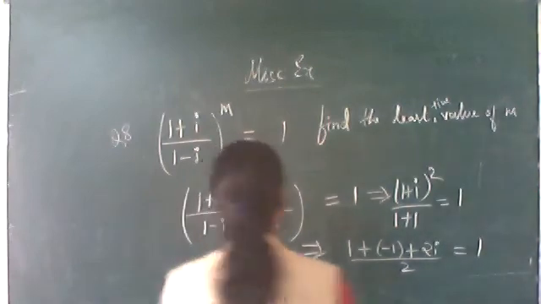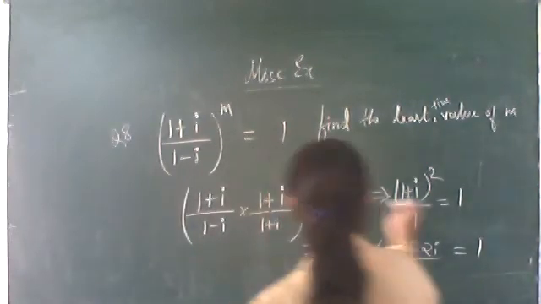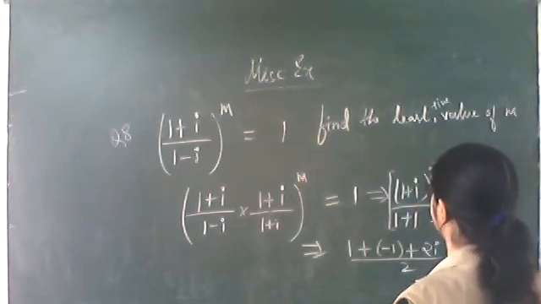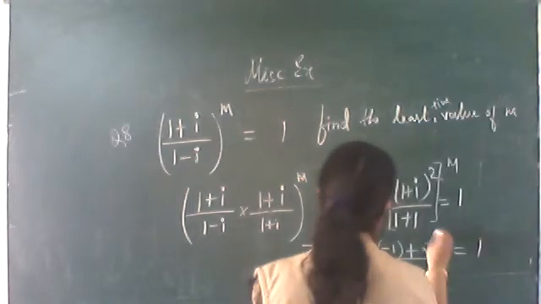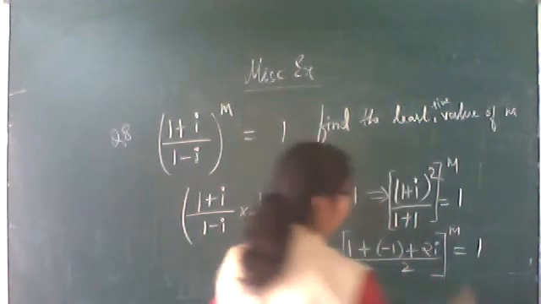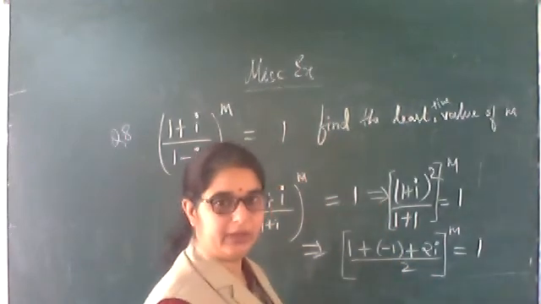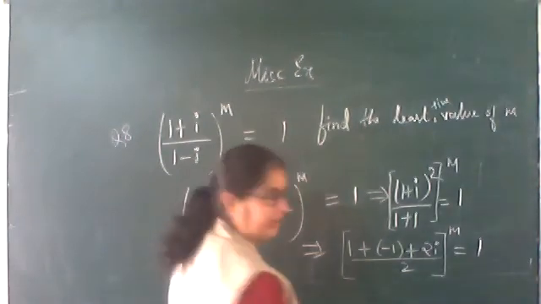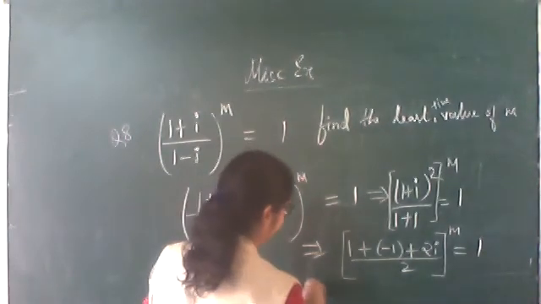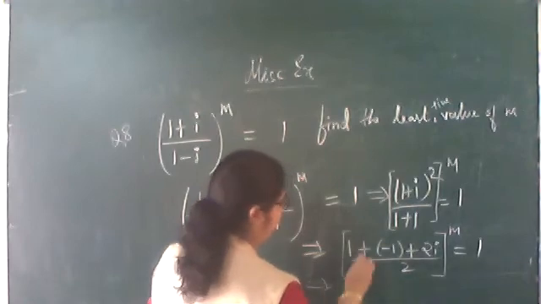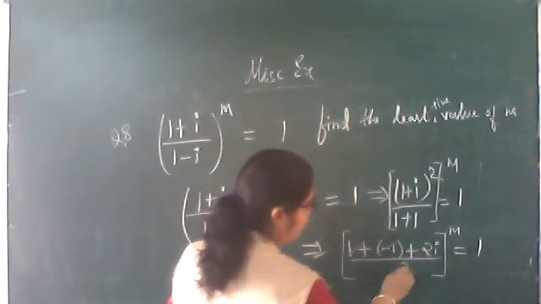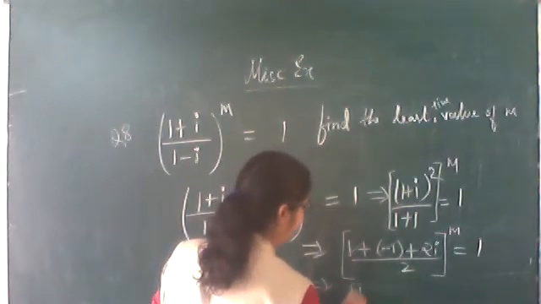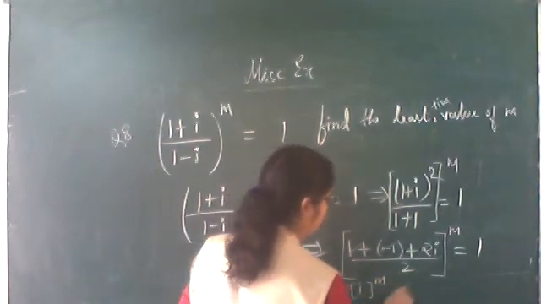Now I have not written anywhere the power m, and no one said anything. This is whole power m. This is again whole power m. Clear? Whole power m is there, na? So we'll write as it is. Now what we are going to get? From here we get that 1 minus 1 cancel, 2 iota upon 2 will get cancelled. We will have iota to the power of m is equal to 1.